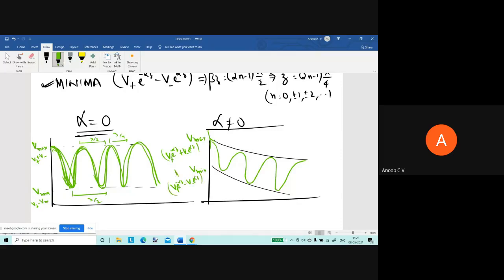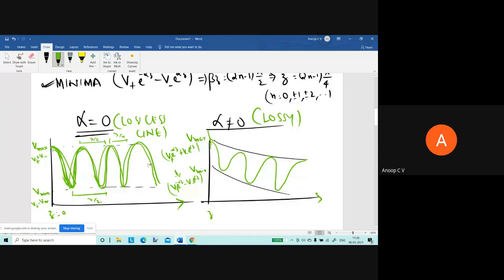So because of this alpha z factor, we can see the maximum values of the standing wave peak are actually decreasing. So this is for a lossy line, and this is for a lossless line, right? This we have seen for a lossy line. So this is z equal to 0, and as z increases, along the y-axis it is the magnitude pattern. We are not that much interested in the phase pattern. We are interested in the magnitude pattern, right? So now I'll quickly show one MATLAB simulation of this, right?